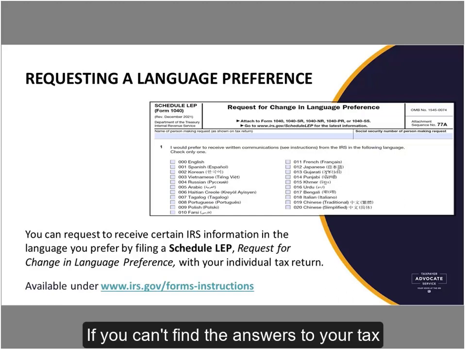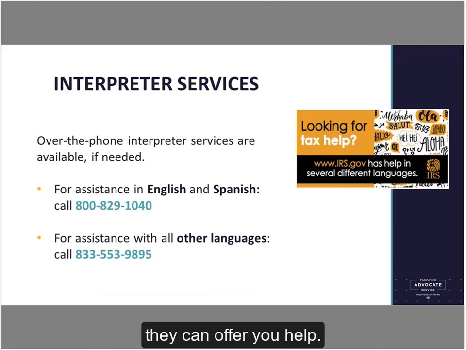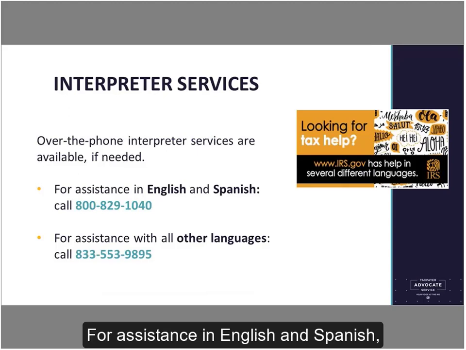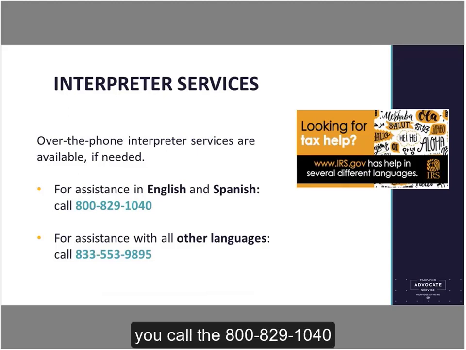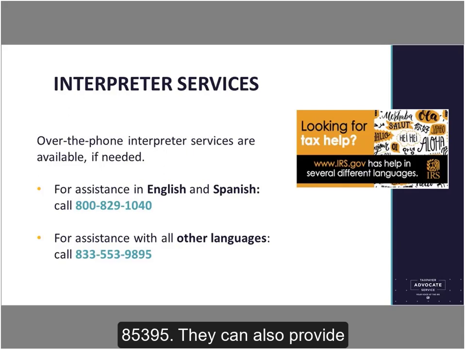They do have interpreter services. If you can't find the answers to your tax questions in your language on IRS.gov, they can offer you help in 50 languages with the support of professional interpreters. For assistance in English and Spanish, you call the 800-829-1040. For all other languages, the